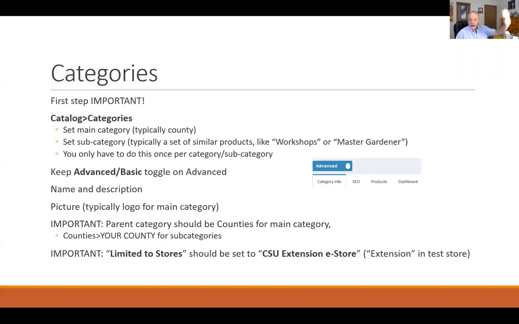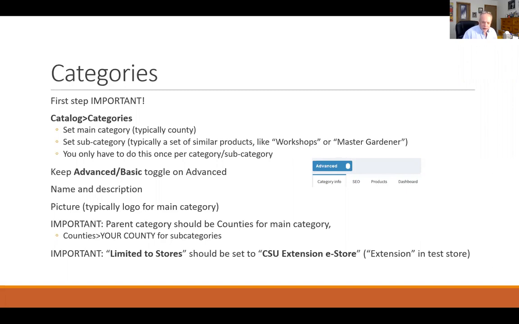In the upper left-hand corner in the dashboard, you're going to see this advanced button, or it might say basic. And we'll see this in every dialog box that we work with today. You want to toggle this over to advanced every time so you get all of your options. The options can be a little overwhelming, but you really need to dig deep into the weeds to do this correctly. So make sure that toggle is on advanced. Give them a name, give them a description, give them a picture. Typically, this is going to be a logo for your main category, a county logo if your catalog category, excuse me,